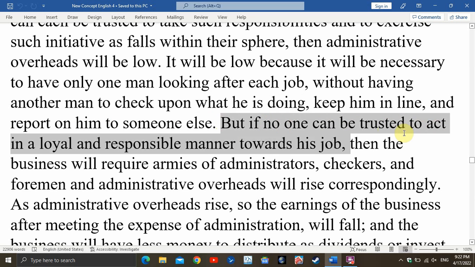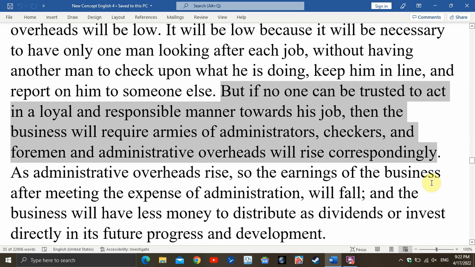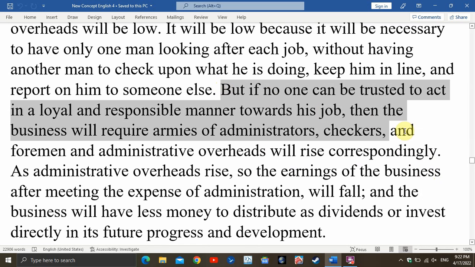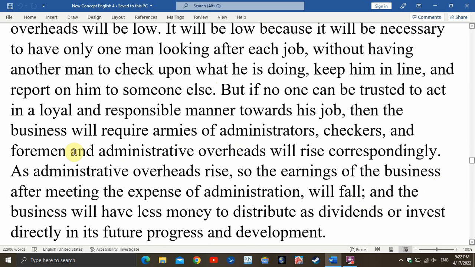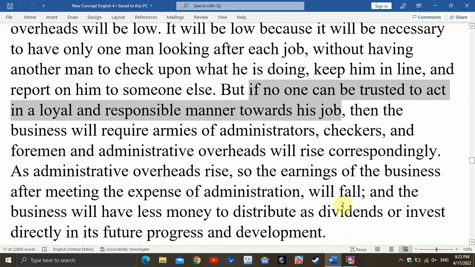But if no one can be trusted to act in a loyal and responsible manner towards his job, then the business will require armies of checkers and foremen, and business will 好。那么这个是由两个句子构成的。首先第一句到这里，然后用 and 和后面这句是并列的。那么我们先来看第一句。But if no one can be trusted to act in a loyal and responsible manner towards his job，第一句有一个条件状语从句，对不对？If no one can be trusted to act in a loyal and responsible manner towards his job，